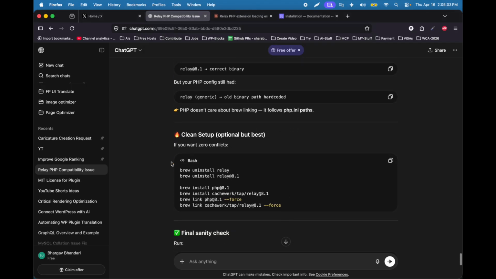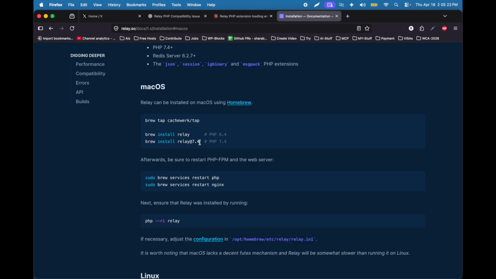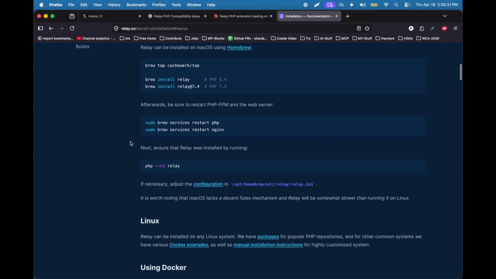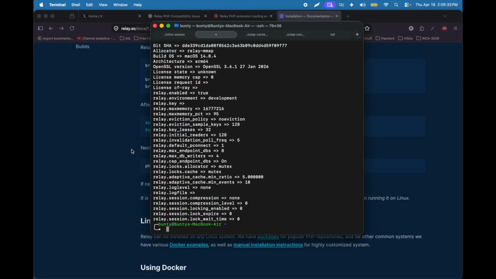So this is how I managed to install Relay on my system. The problem was I had the wrong PHP version first, so I corrected the PHP version, and based on that version I installed Relay over here, but Relay depends on all of these PHP extensions, so I installed those PHP extensions over there. So yeah, this is how the Relay